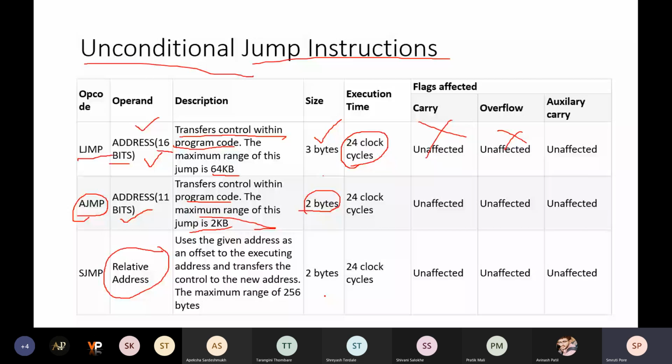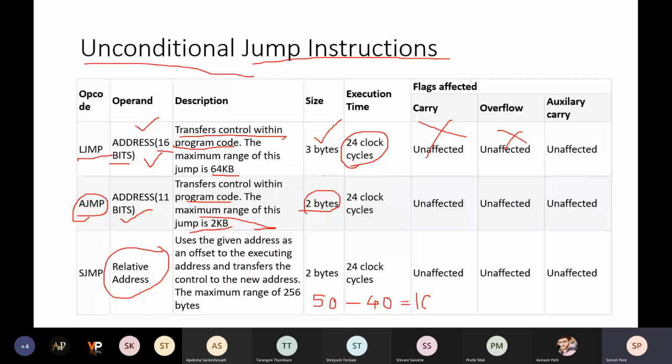The answer is 10. That difference is nothing but your relative address. This is nothing but the offset.